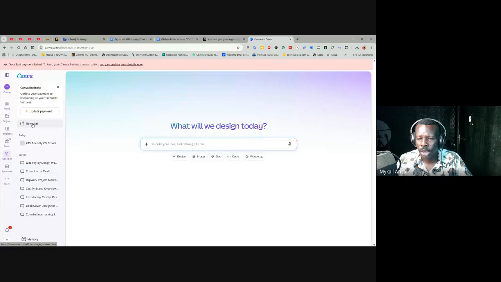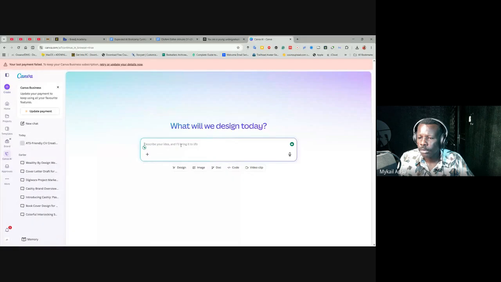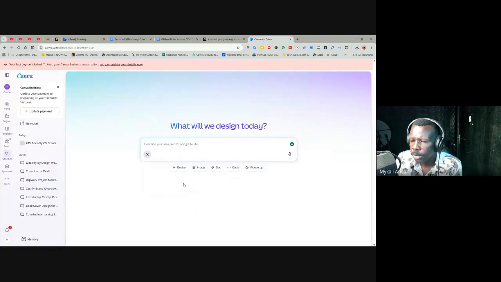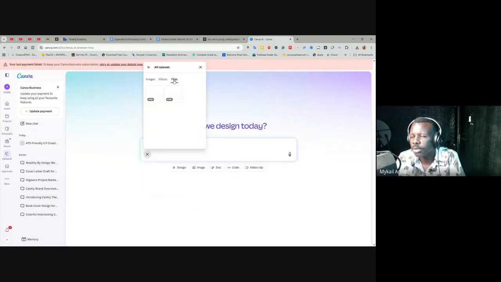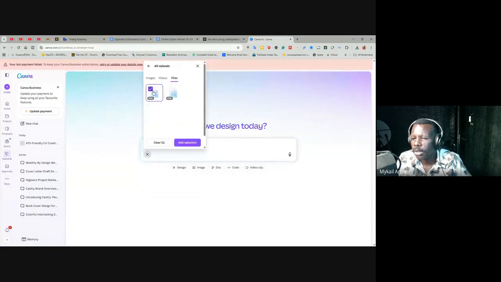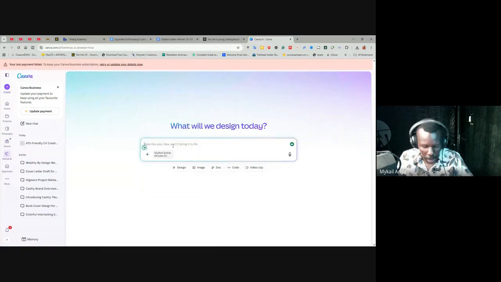Okay, so click on new charts. I don't know why it's taking time to load. Okay, let me see, add from Canva. Do I have anything? Your Canva uploads files. Let's go to files. Yes. Add this. Then we can now just create an ATS